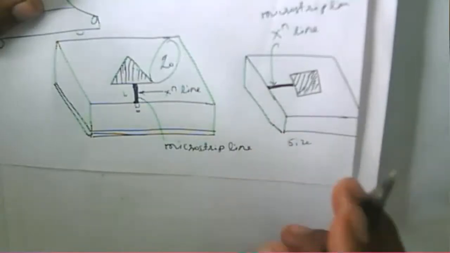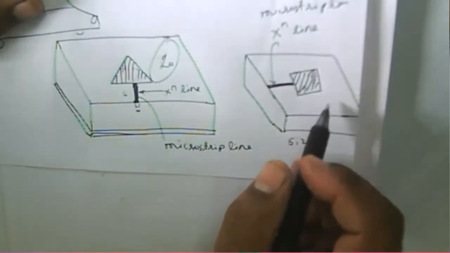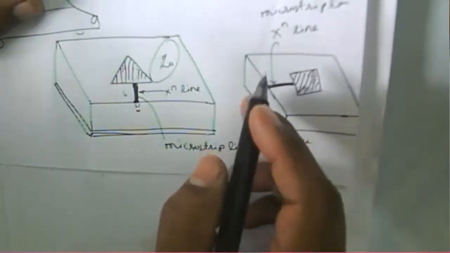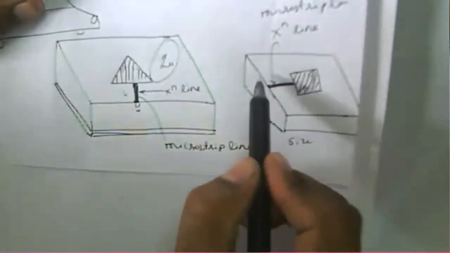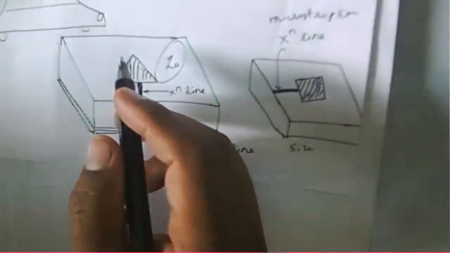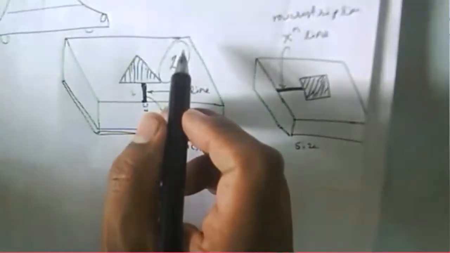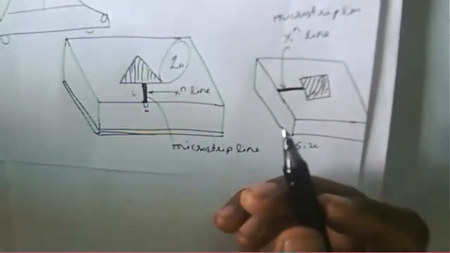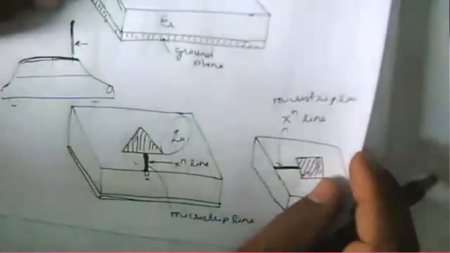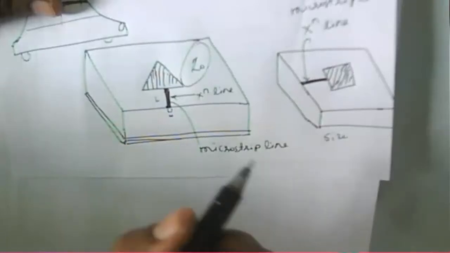And again, the cost of the PCB is low. That's why you can say this type of antenna is a low cost antenna. And again, what happened here? Because if you consider this type of structure, it is to be used on an aircraft there. Why is it used in an aircraft? Because it has an aerodynamic profile character, so we can say an aerodynamic profile constraint. So that's why this type of antenna can be used in an aircraft or a spacecraft.